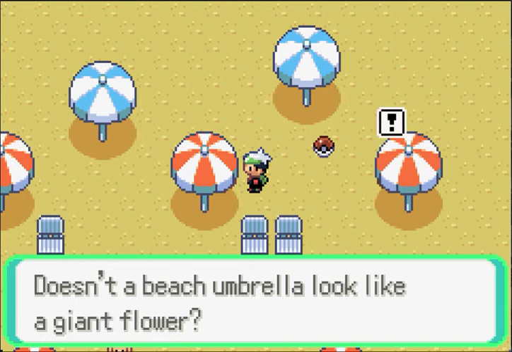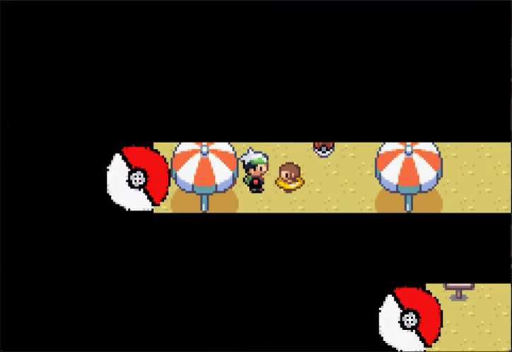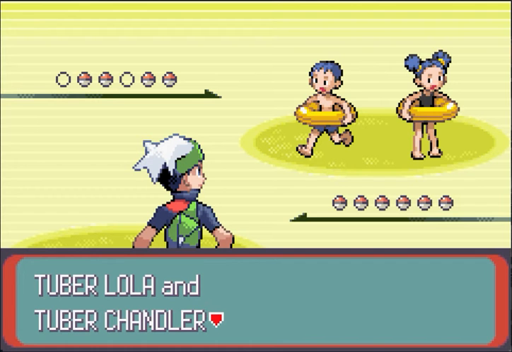Doesn't a beach umbrella look like a giant flower? No way. No. This is horrible. These tubers are like ninjas. Ta-da, see, my inner tube's round. These are like ninja toddlers. Look at them. They're like 8 years old. Okay, 8 years old aren't toddlers, but...